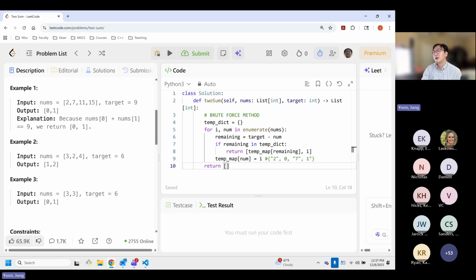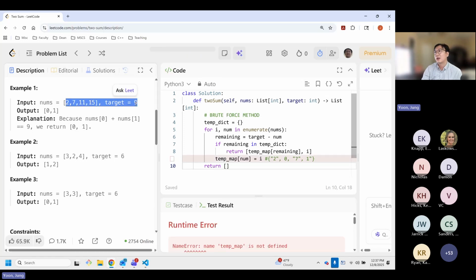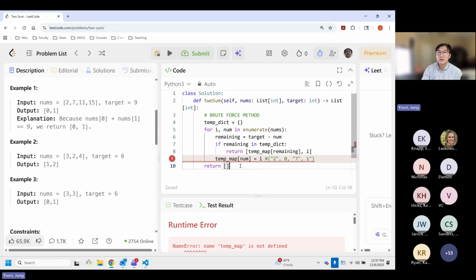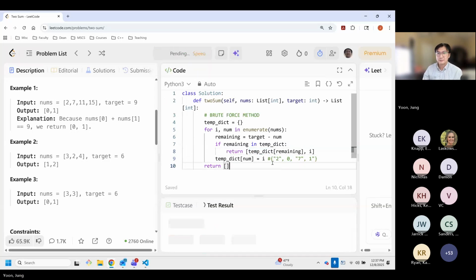You can also add as well. I just think of it this way. Generally, if we subtract it, we have a better understanding or gauge of, hey, we know what the remaining number to get to the target is. So that's why. Oh no, I said map there, sorry. And there you go.